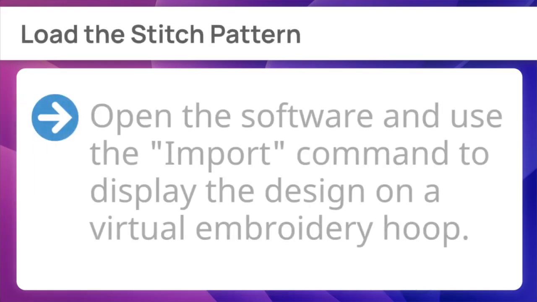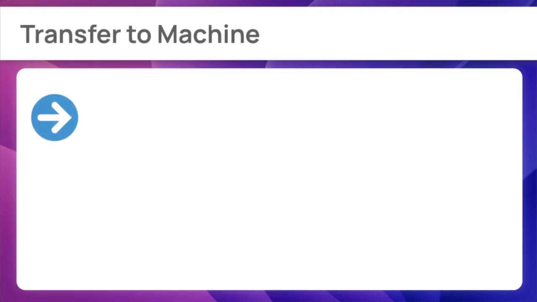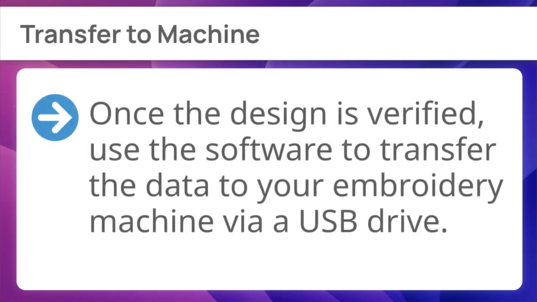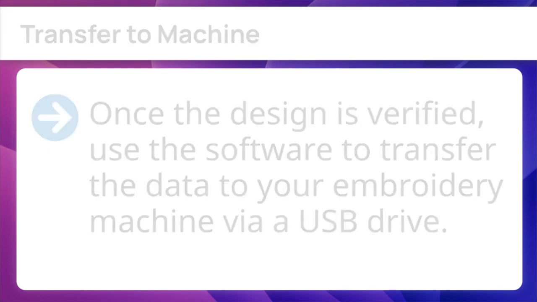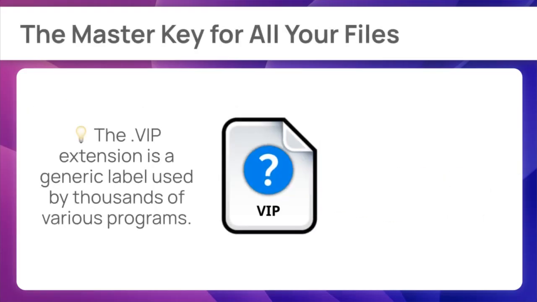Next, load the stitch pattern. Open the software and use the import command to display the design on a virtual embroidery hoop. Finally, transfer to machine. Once the design is verified, use the software to transfer the data to your embroidery machine via a USB drive. If compatibility checks failed, it is likely because the file extension name is shared by different